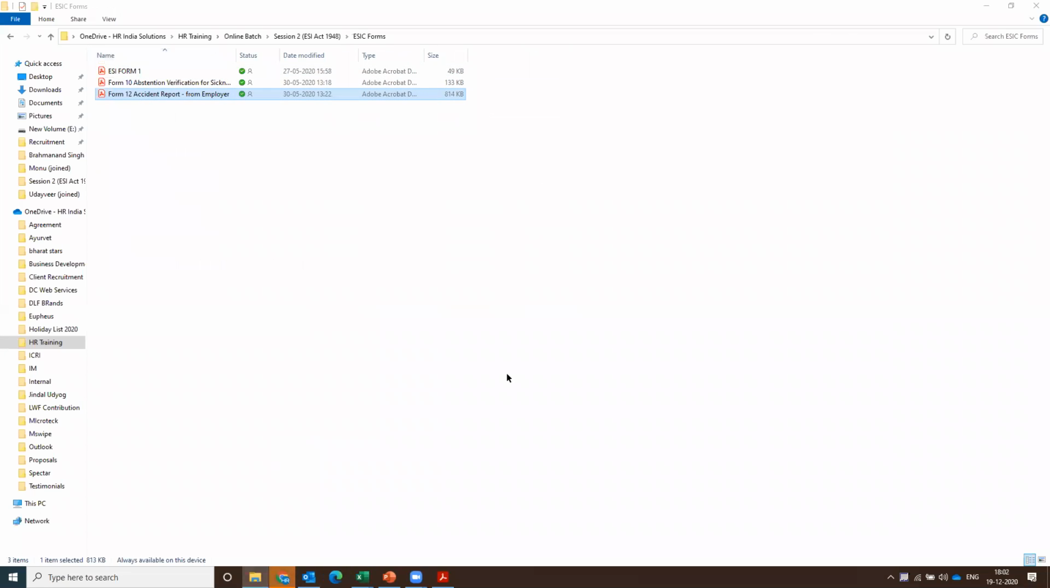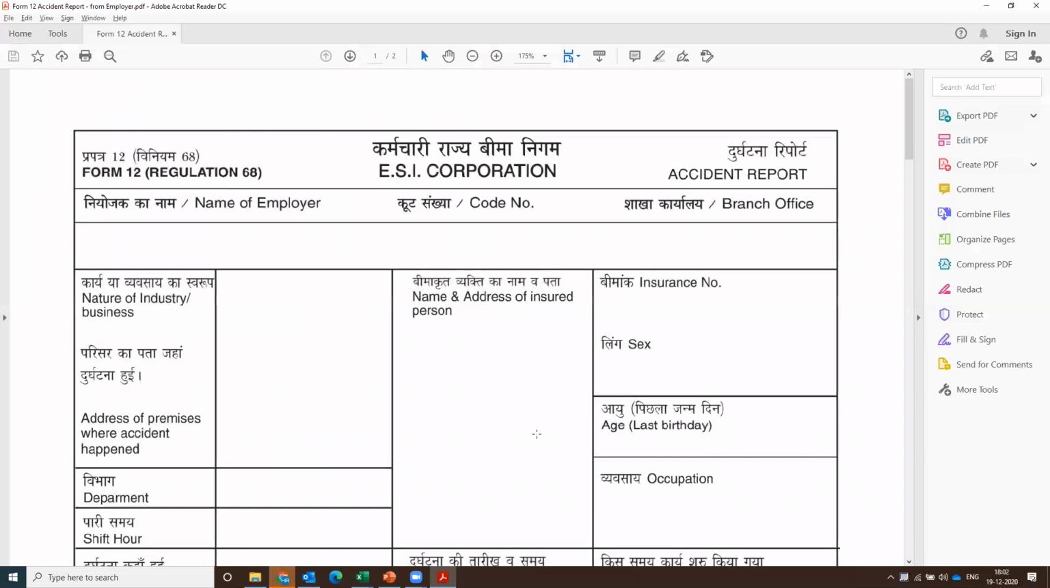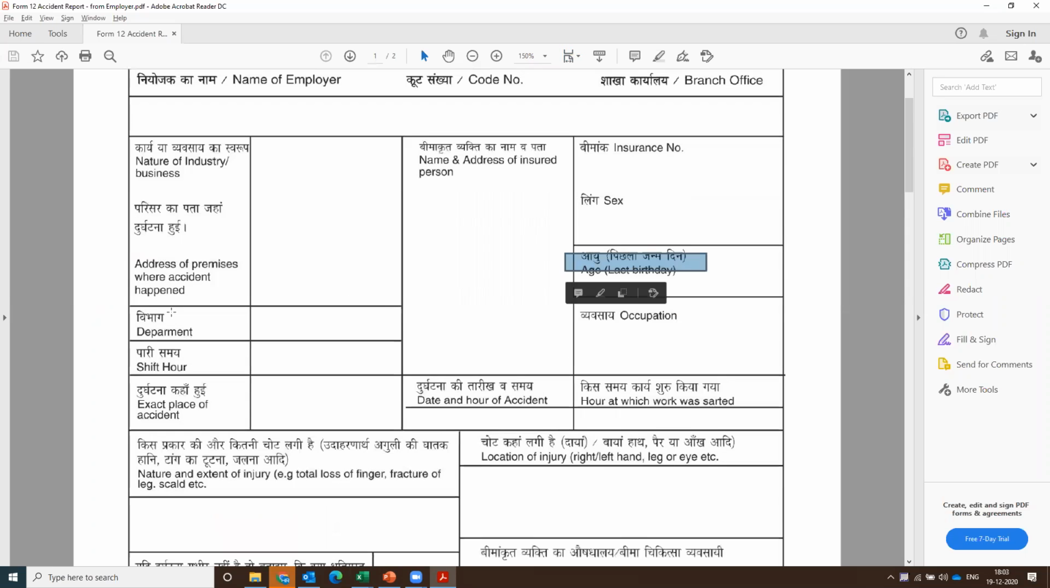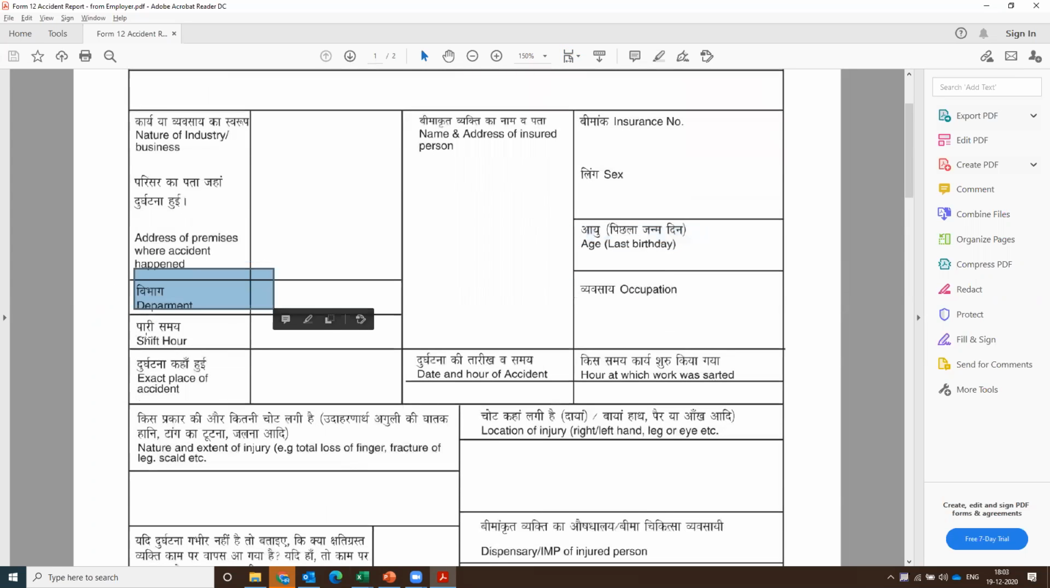This is the accident report form, right? All that information which is mentioned over here, we need to file online. From that option, you just need to enter the IP number and you will be moved to the page where you need to furnish all this information related to the accident of that employee, like the nature of industry, name and address of the IP, insurance, sex of the IP, occupation, age of the IP, and the department in which the IP was working, his regular shift hours, exact place of accident, date and hour of accident,